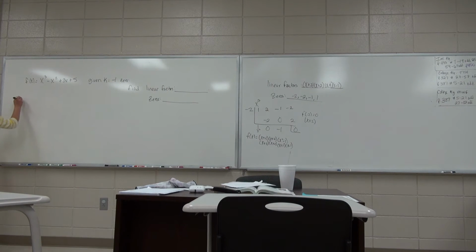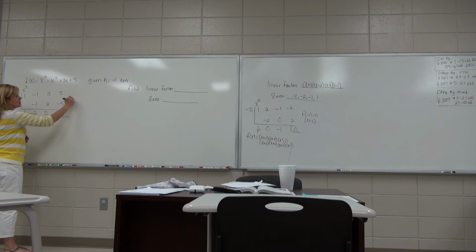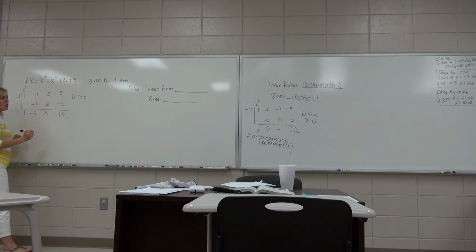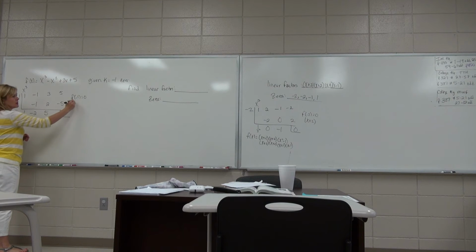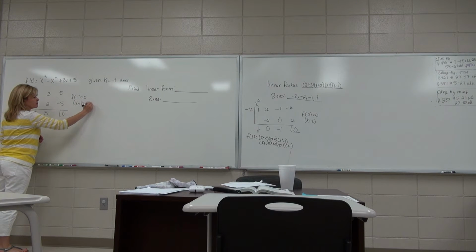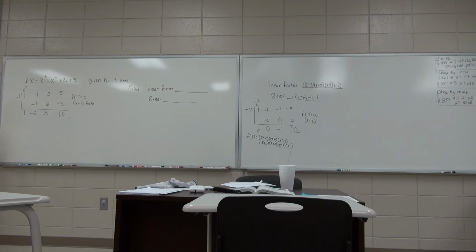Do our synthetic division. How many zeros is this problem going to have? 3. We're going to do our -1, what we think is the 0. We always divide by the 0. This is your x cubed. This is 1, -1, 3, and 5. Bring down the 1. -1 times 1 is -1. Get -2, +2, 5, -5, 0. So if f of -1 equals 0, what will be the factor? X plus 1 is a factor. Alright, so now I can write this function as x plus 1